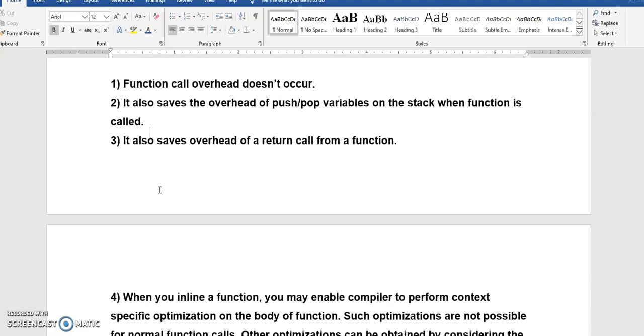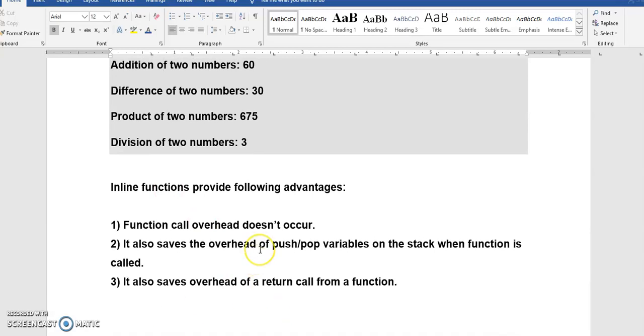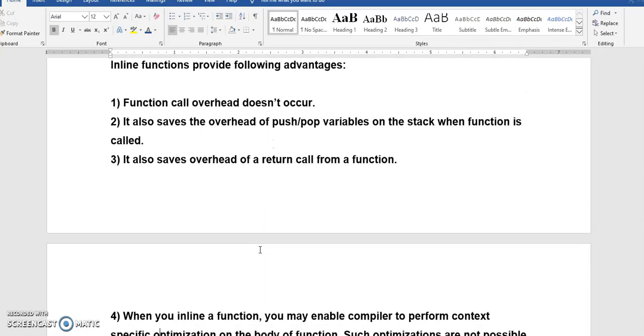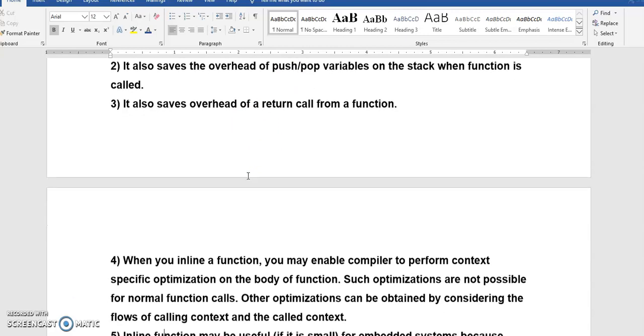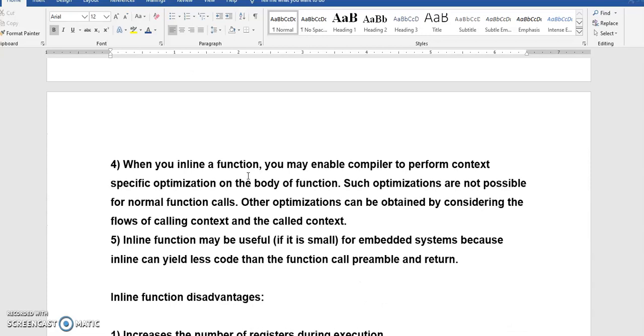These are the main advantages. Function call overhead does not occur. It saves the overhead of push and pop of variables on the stack. Why this push and pop? To store the return address and get back the return address. It also saves the overhead of the return call from the function. When you have an inline function, you may enable the compiler to perform context-specific optimization on the body of the function.